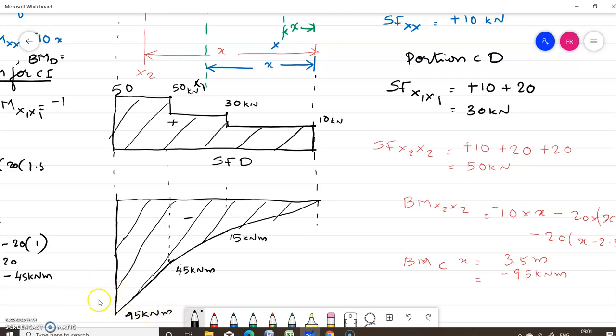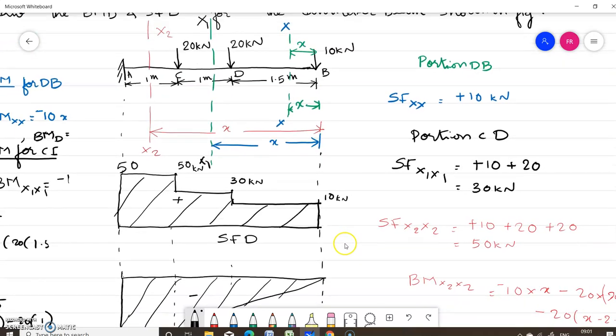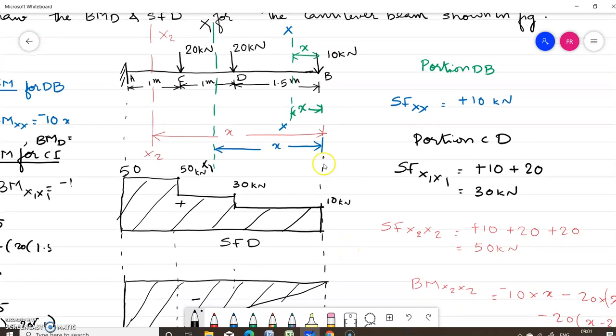So for a cantilever beam the bending moment will be maximum at the fixed end and 0 at the free end. Also the shear force will be maximum at the fixed end, and at the free end point B we can see the value of shear force is the load itself. So we have to draw the shear force and bending moment diagrams for beams with different loads by taking section lines at different points and finding the value of bending moment and shear force by substituting different values for x. Okay, thank you.